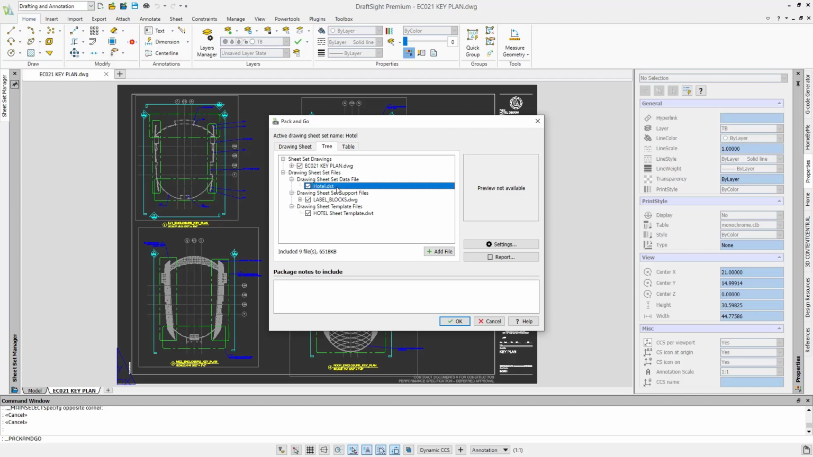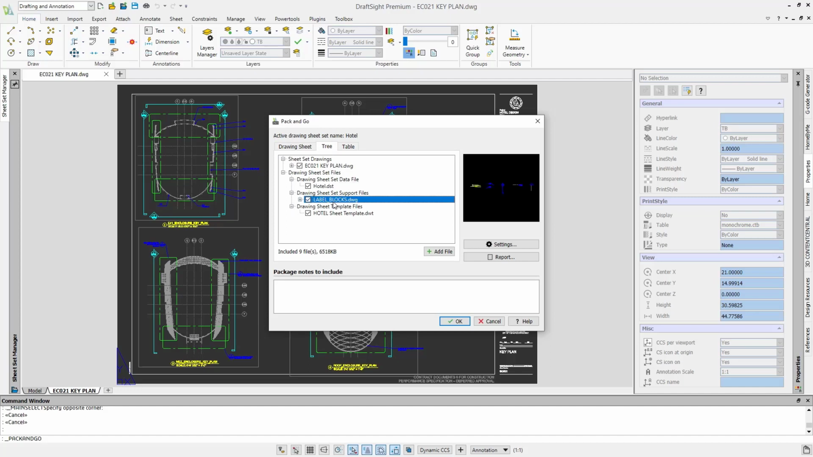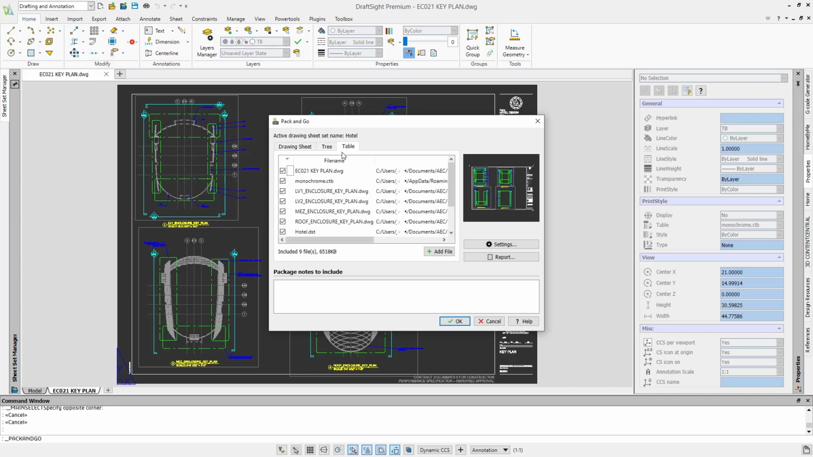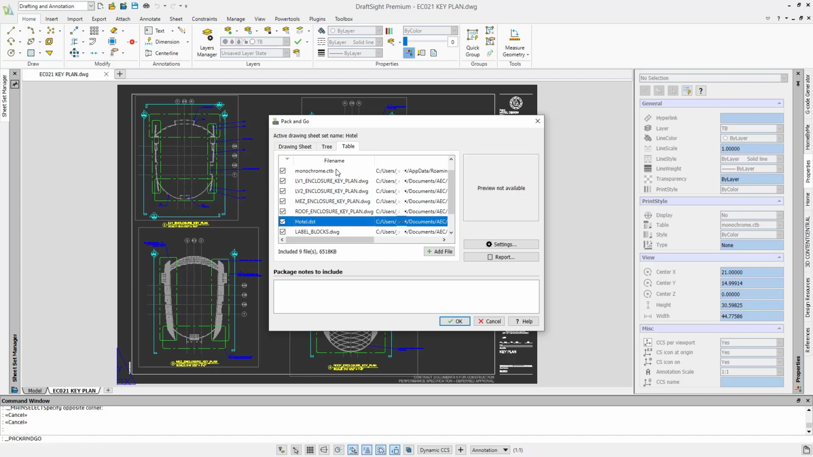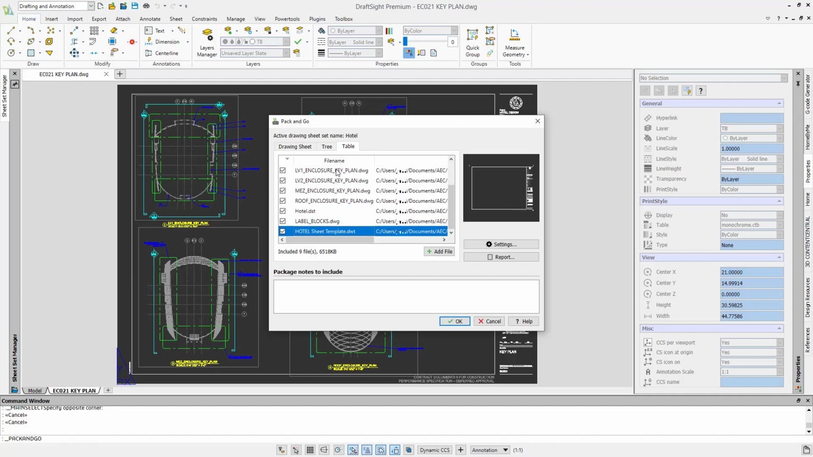The overall sheet set DST file will be packaged. Our label blocks that we use to automatically annotate and tag our drawings will be packaged up. And the drawing template used to create new files will be. And if you go over to table here, you can scroll down all of the files with a preview here that will be packaged up. So our external references here will be packaged up, the hotel sheet file, label blocks like we said, and the